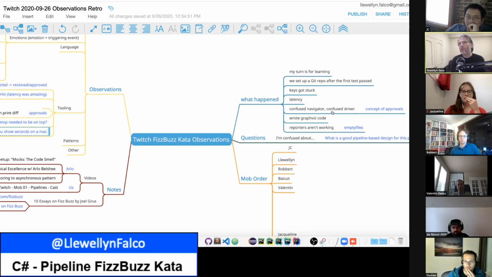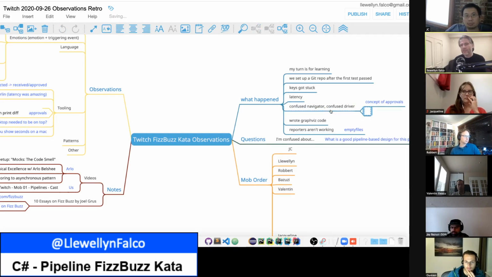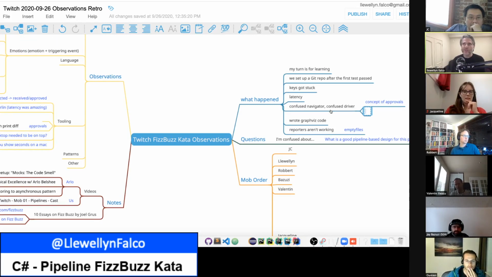There was also the time where, I forget who it was, but JC was navigating and Damien was typing and Damien said there are too many people for me to pay attention to. So we might just need a stricter navigator. Well, I think that might have been my part, to coordinate conversations better as a navigator.